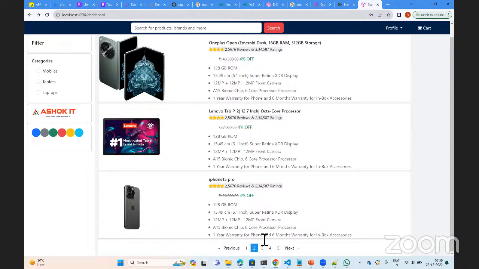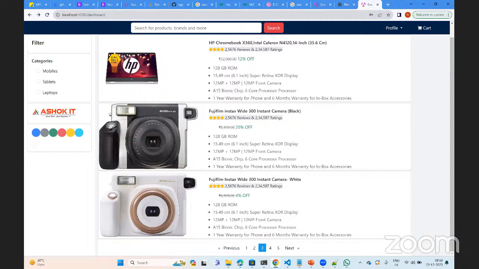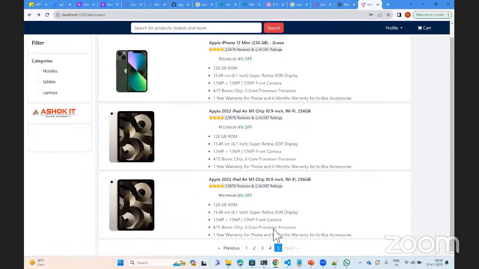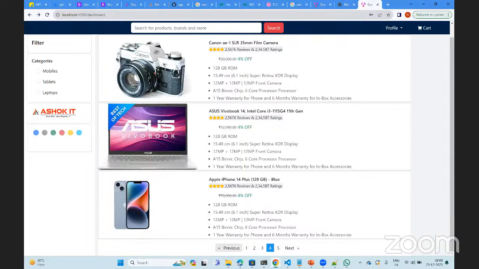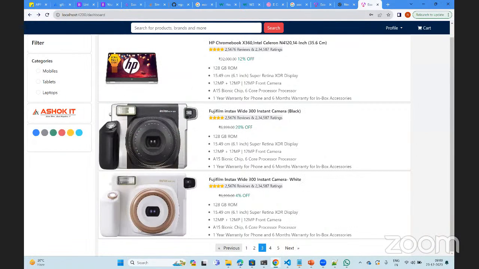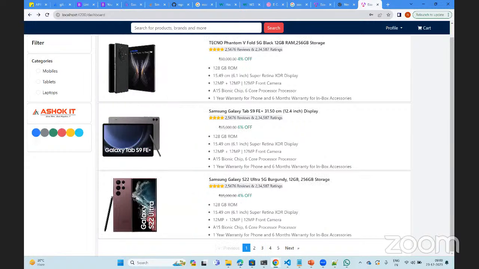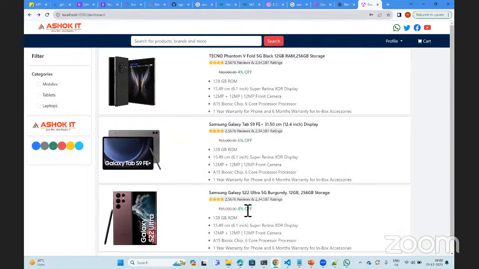If I click on this pagination, see, the items change. When we are at the end of the page, the next button is disabled and the previous button is enabled. If we click the previous button, it starts coming to the earlier pages. When it is at the beginning, there are no previous pages, so it is disabled.